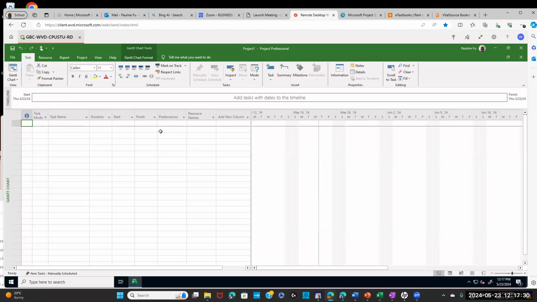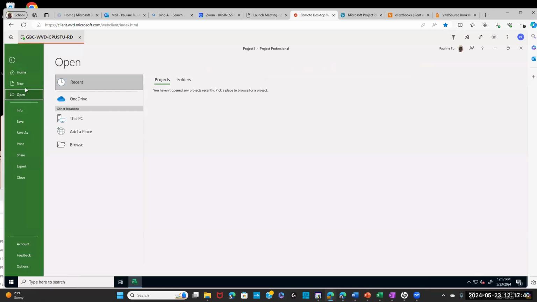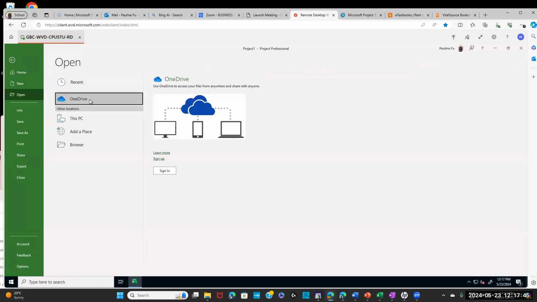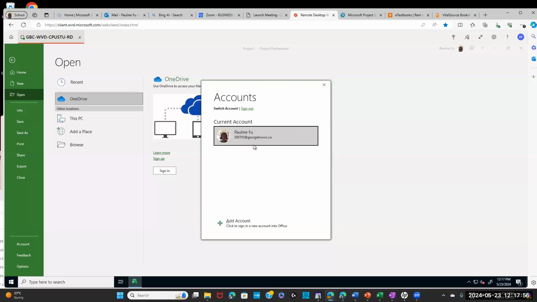Open Project software on Windows Virtual Desktop first. And then I go File, Open. But there is no OneDrive George Brown. I have to sign in. My George Brown OneDrive hasn't been signed in, so I need to click sign in. When you are here, click Add Account.